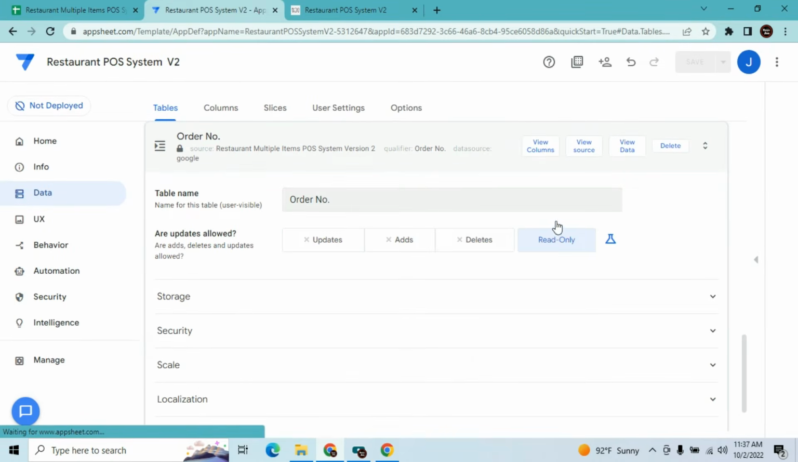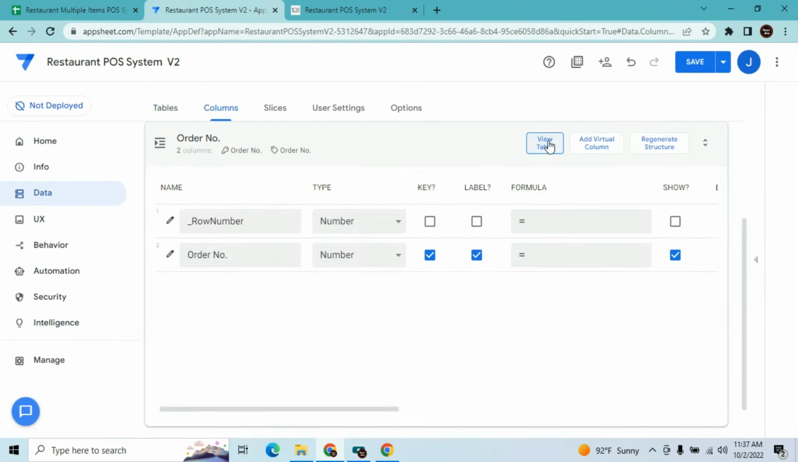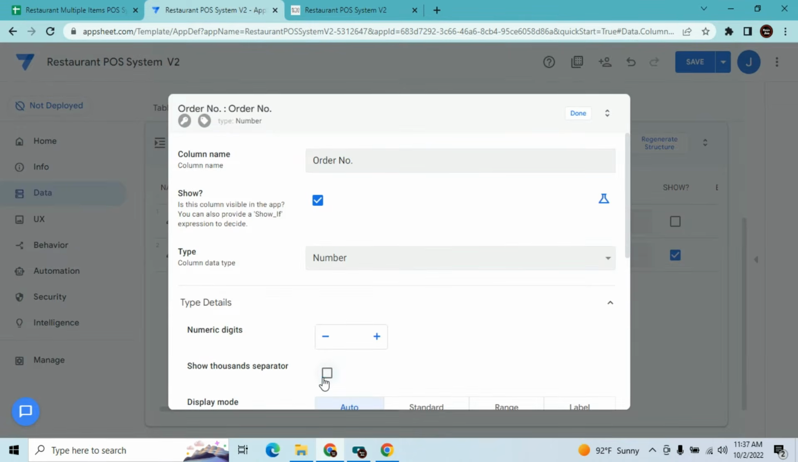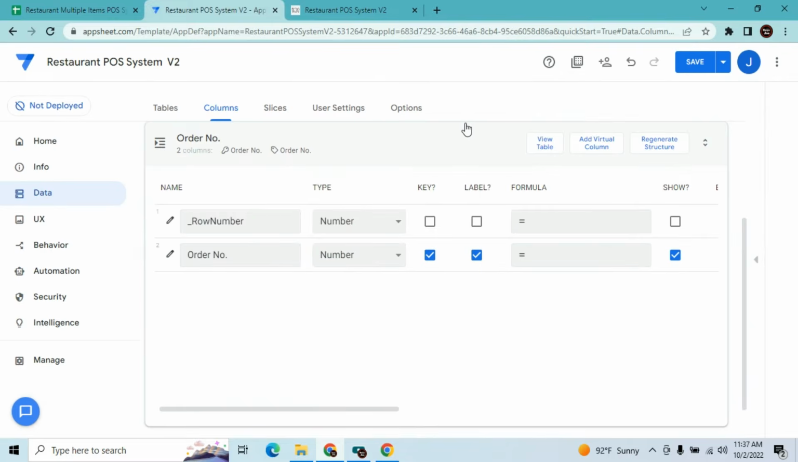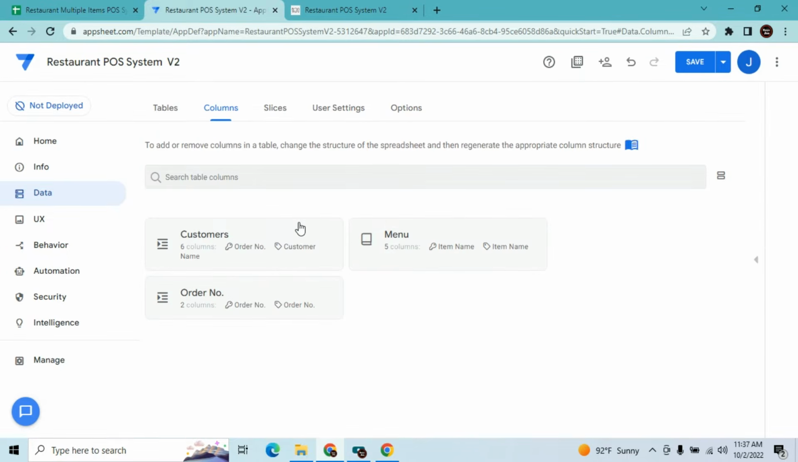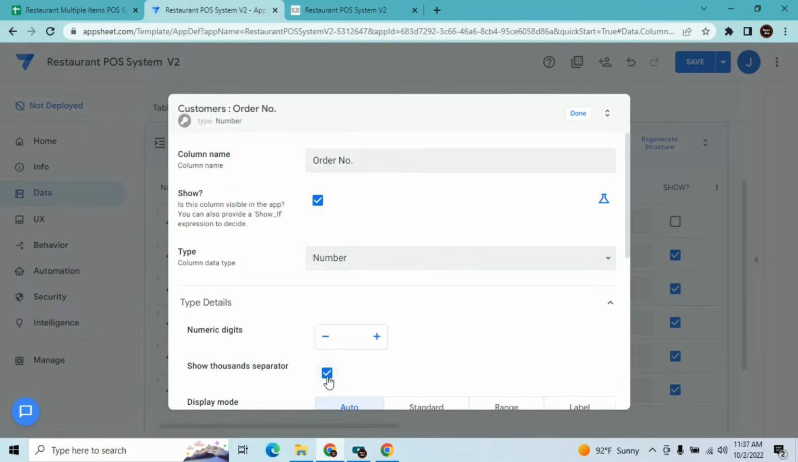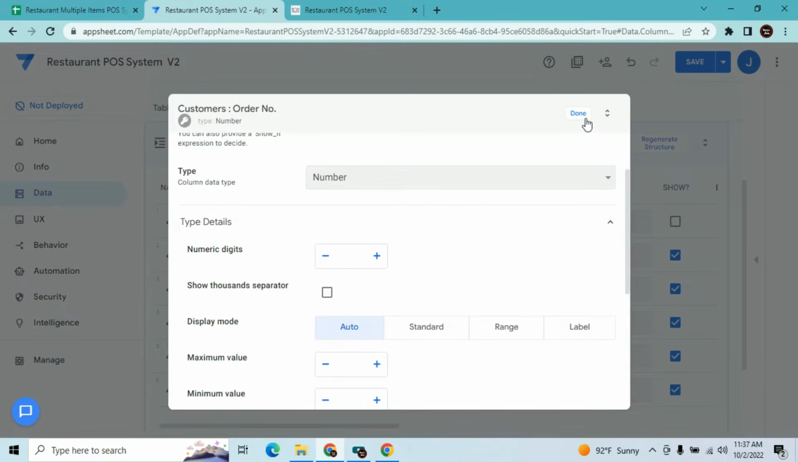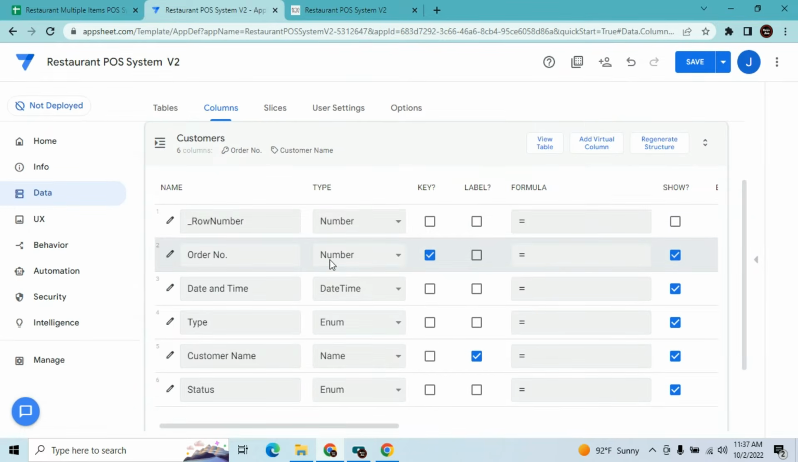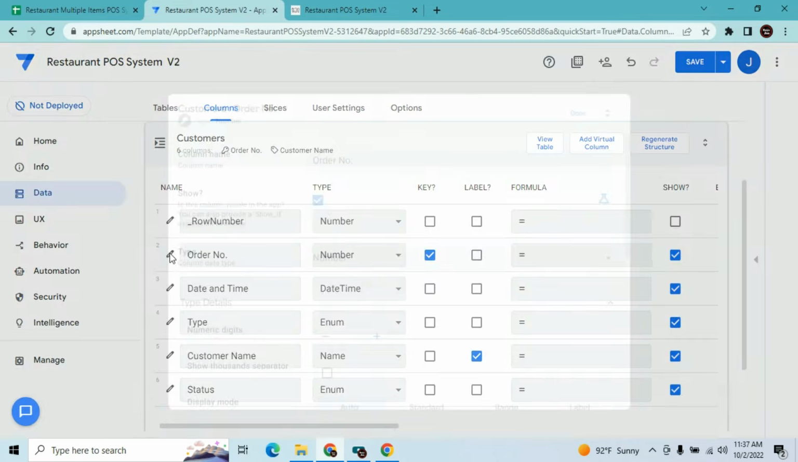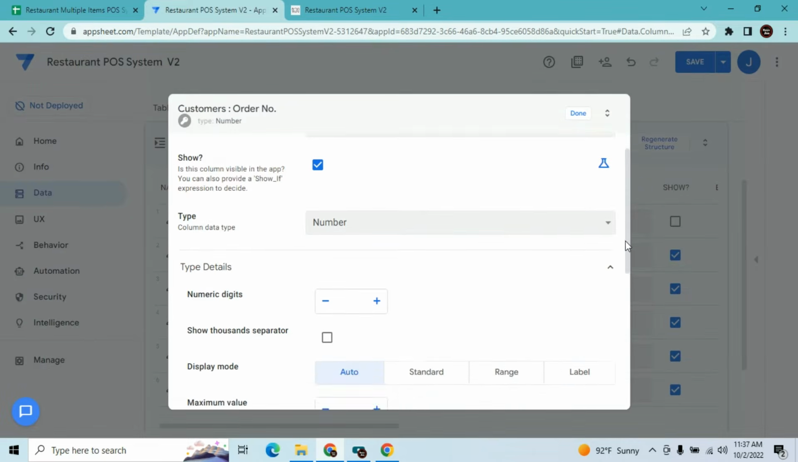This is read only, and I'm gonna just view the columns, and then yeah, it's a number, and I would like not to see the separator. Then go back to the customers. This is the order number. Since it is a number, I don't want to show the separator. We're gonna have a formula here. Since this is a key column, we cannot directly apply an app formula on this. Instead, what we're gonna do, we're gonna put this in the initial value here,